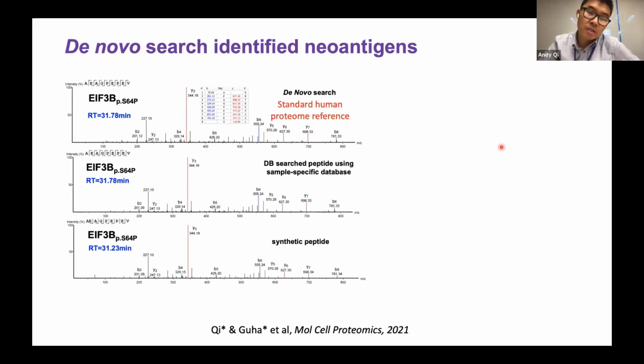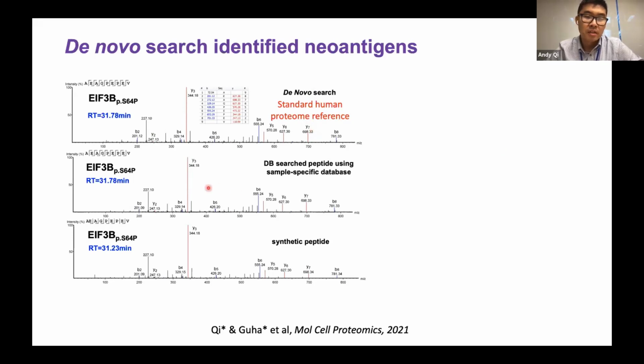So then next we asked, and this is really interesting, actually one of my students asked me: if you think the de novo is so good, whether you use the standard human proteome reference search, and then whether you can retrieve the peptides that you found using a patient or sample specific library. Then we did that, and we actually retrieved the peptides from the de novo only search using the standard human database